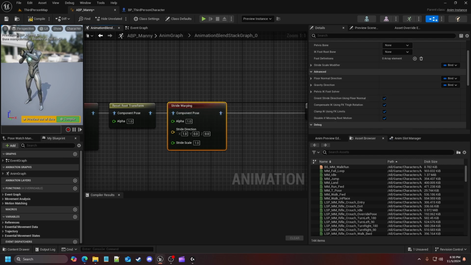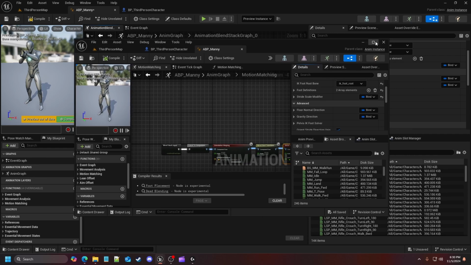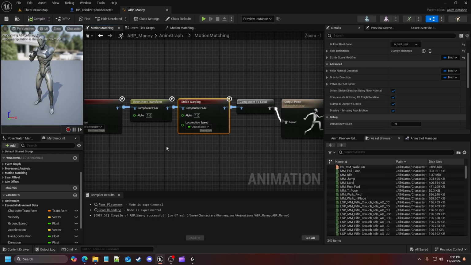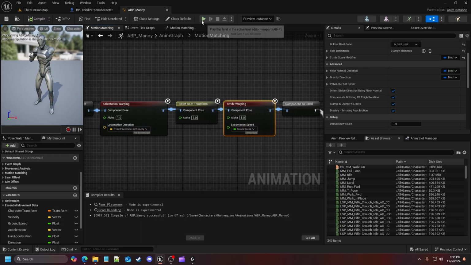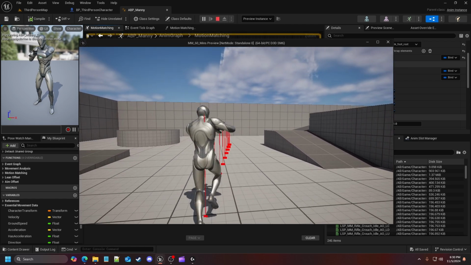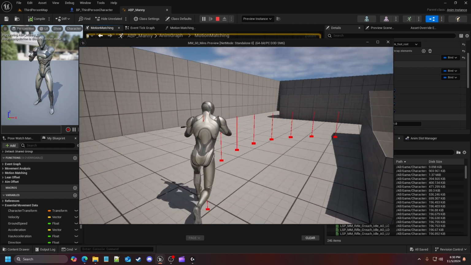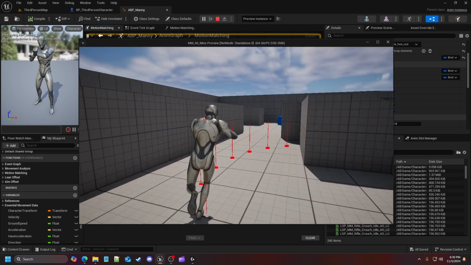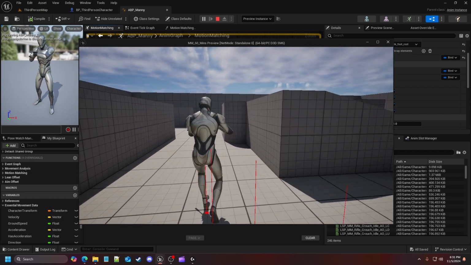So I'll give you an example, right? Let me go ahead and pull over my other project so I can show you. I have it set up in here, and we're going to set up the stuff. But when I hit play, and wait on that. Well, if I try it again, there we go. So when you pay attention to the feet, when you watch my character move, right? So as you could see,